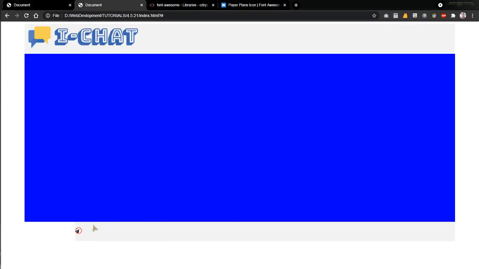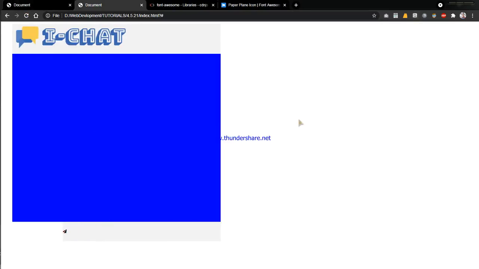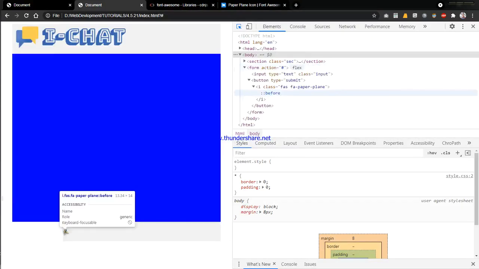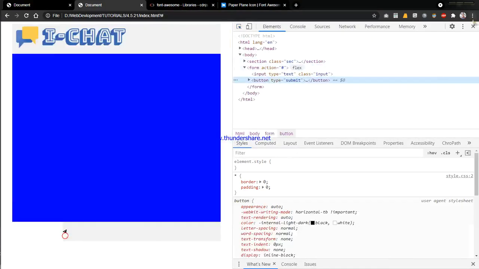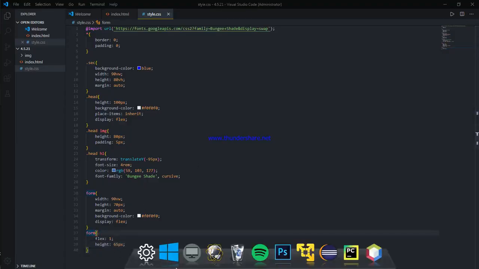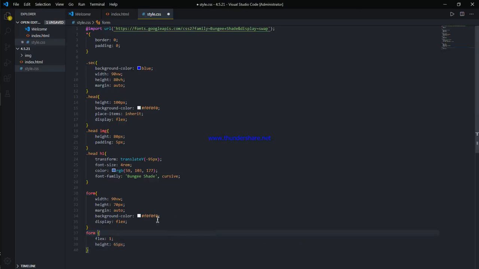Why doesn't it work? This is the button. Okay, sorry, I just forgot to add input.